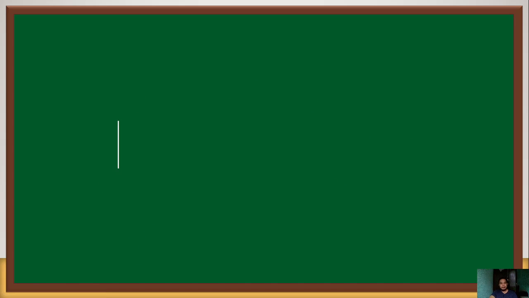Okay, next example. We have the last example. Okay, m squared plus 5m minus 14 equals 0. Okay, so for this one,